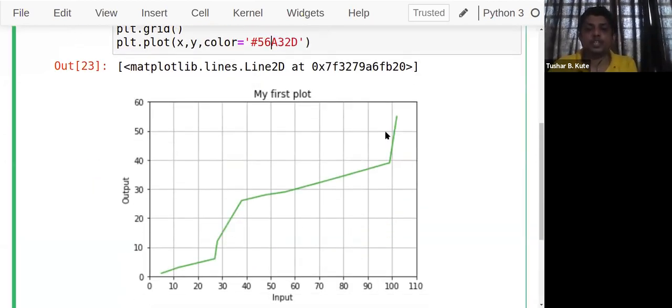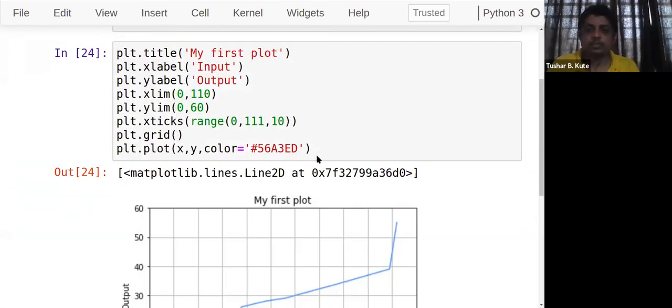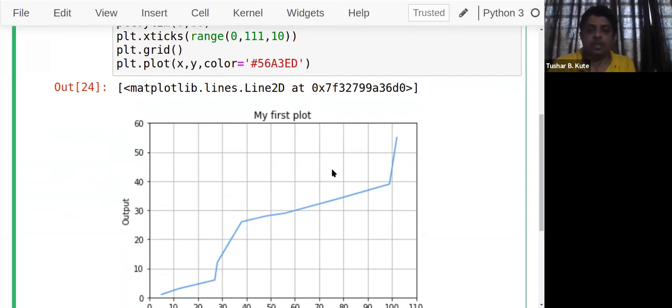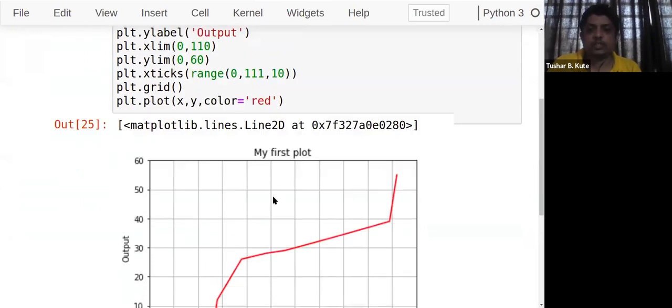That's why a greenish combination is created. If I make it ED, see, a blue combination, because the blue color is extra there. So those who know RGB, RGB is also applicable. We can change colors directly. You can use the names and the codes also. So let's make it darker. Yeah, this is the exact color you want.